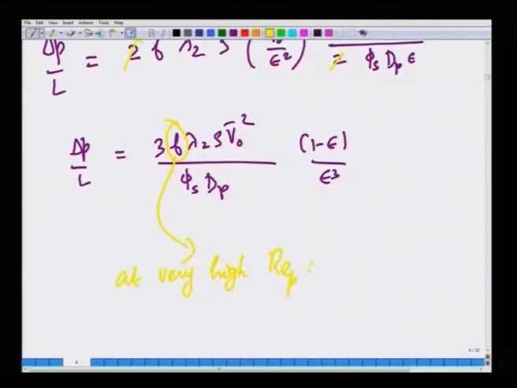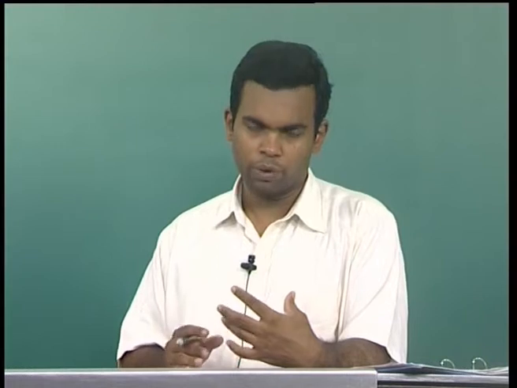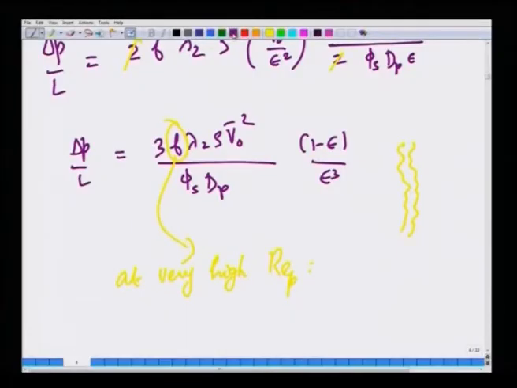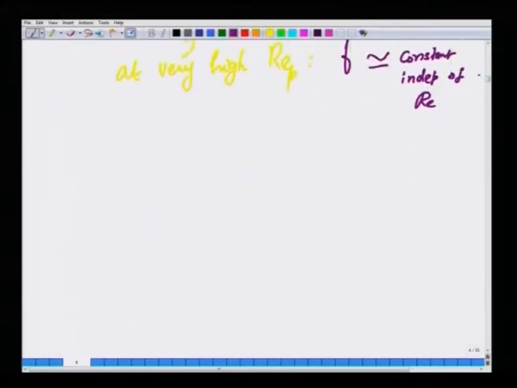Now, the flow is turbulent, and if you look at the real bed, the tubes, so to speak, through which the fluid is flowing are very rough. When the tubes are very rough, the friction factor for flow in a rough tube becomes independent of Reynolds number in a turbulent flow. So, the friction factor becomes approximately a constant, independent of Reynolds number Re. So, I am going to use that input from flow through rough tubes, okay, and we will get delta